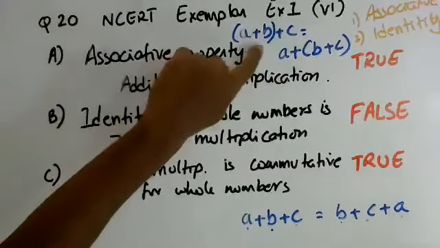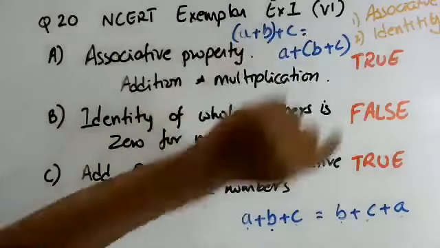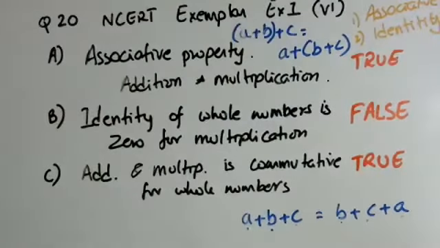Okay. Here, I am not changing the order of the numbers. A, B, and C are exactly the same way. But what I have changed is the order in which I am doing the computation. How I want to club them together. So that is associative property. I think associative property and commutative property works out to be the same whether you do addition or multiplication for whole numbers. Okay, negative numbers, there might be some things, but we will come to that later.